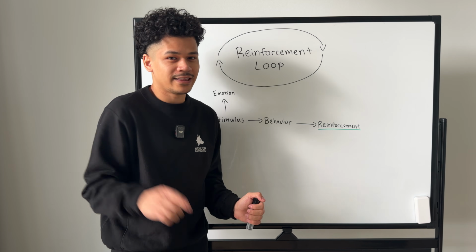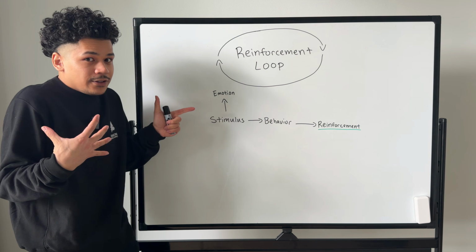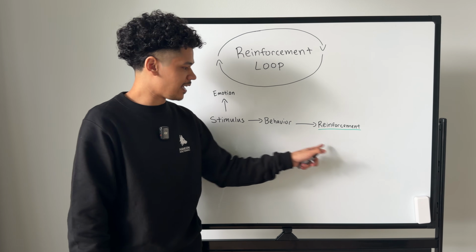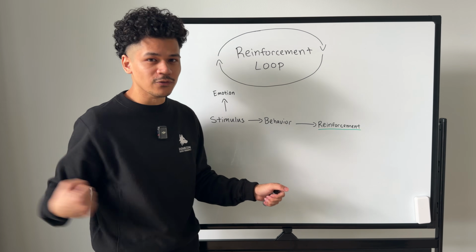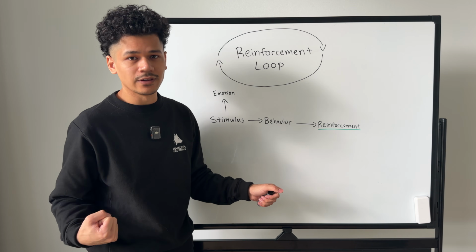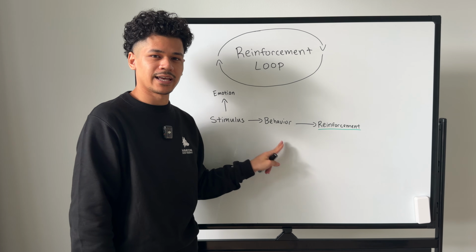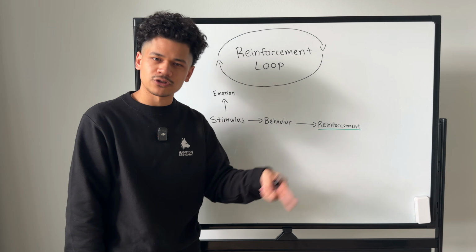You take your dog away, the other owner takes their dog away, and your dog learns that when I see other dogs and I feel this feeling, all I have to do is bark and lunge at them, and the other dog goes away. The behavior of reacting has been negatively reinforced. The removal of the other dog, the aversive stimulus, increased the frequency of that behavior. And every time your dog repeats this, it gets stronger and stronger and stronger.